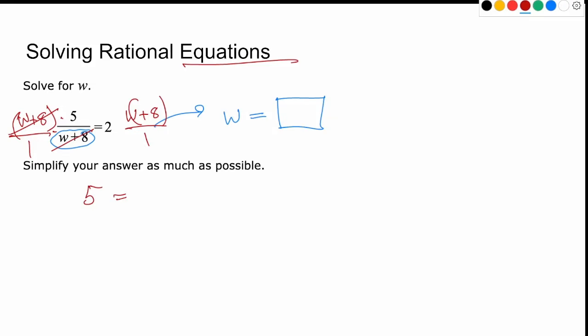On the right-hand side, notice we could think of 2 as being 2 over 1, so we've got our numerators lined up. And so what we're going to do here is, in this step, distribute the 2, and that gives us 2w plus 16. And now we have a linear equation where we just want to get the variable isolated, get it by itself. And so what we will do here is, since we're focusing on the variable, remember we do opposite operations in the reverse order. So what I mean is usually we would multiply by 2 and then add 16. But what we're going to do is first subtract 16. And again, we do that to both sides.